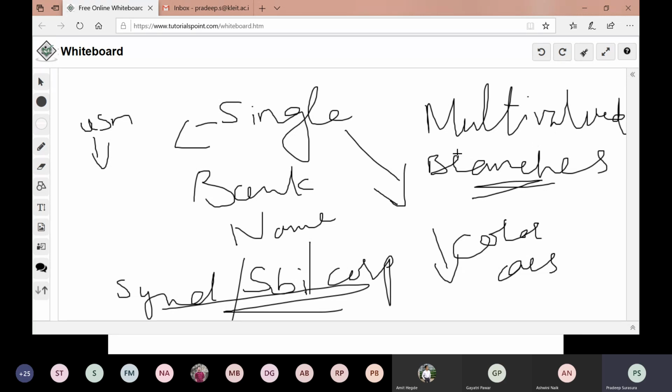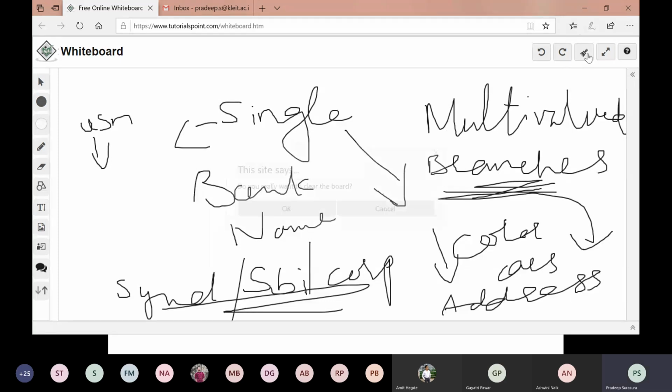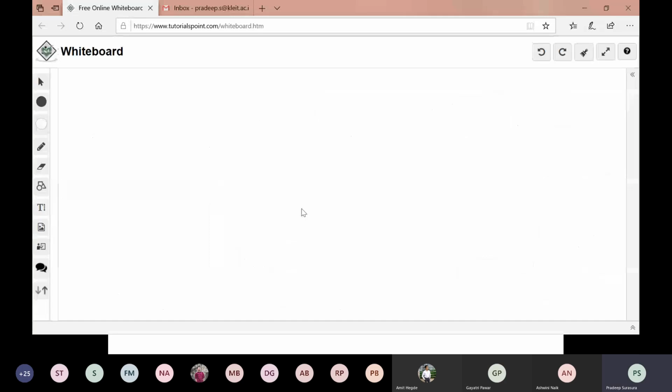One more thing. Each branch has an address. Do you know what type of attribute address is? Address is also a composite attribute.